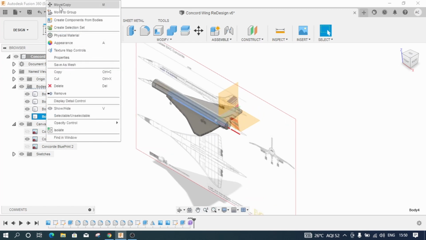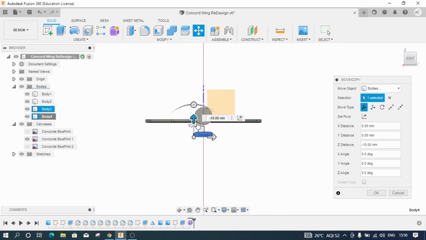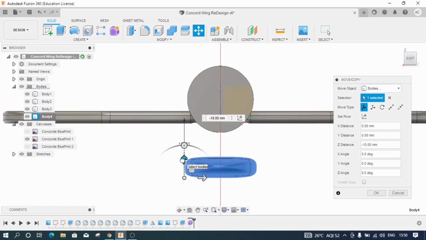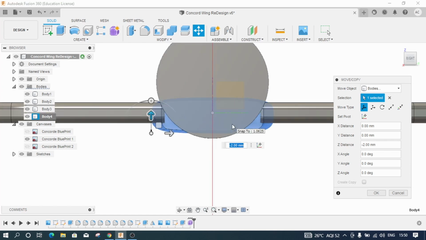So I will right click on this body, click on copy or move, and slightly move it downwards. I want the belly of the aircraft to be roughly at this location. Once I'm happy, I'll click on OK.